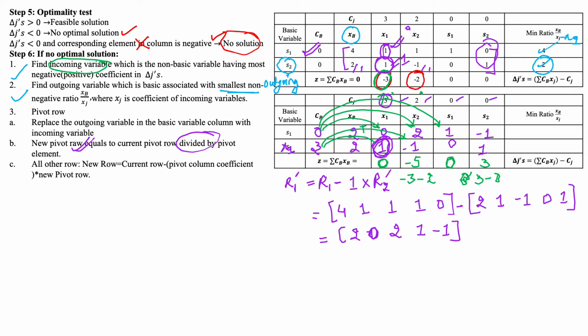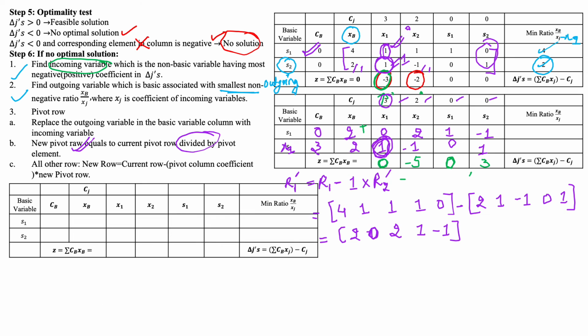Now I will just clear these extra calculations. So now this is my new table. Again check, what is the next step? Next step is to check the optimality test. Since all the delta j's are not positive, this is not the optimal solution. This one is negative, so this is my incoming variable